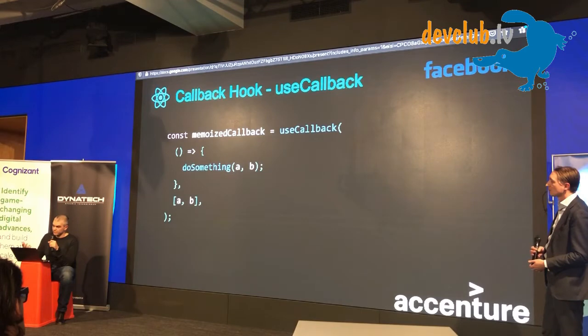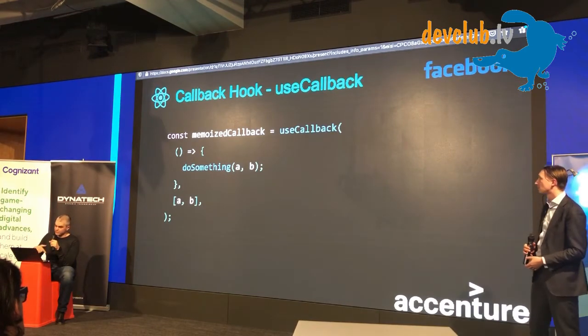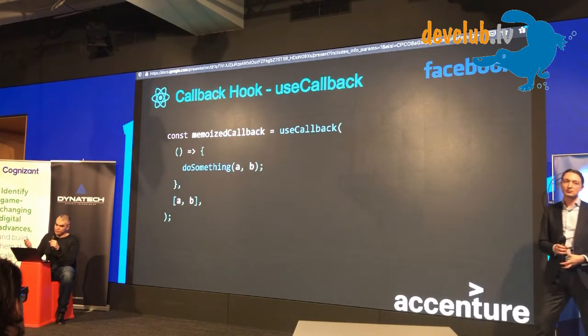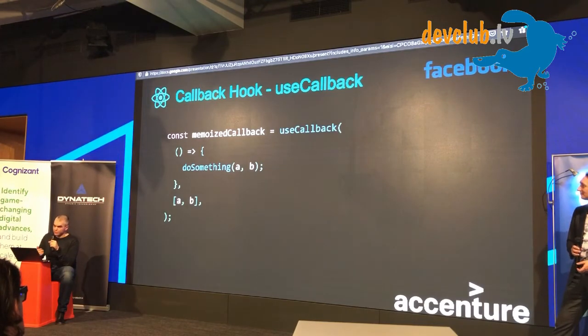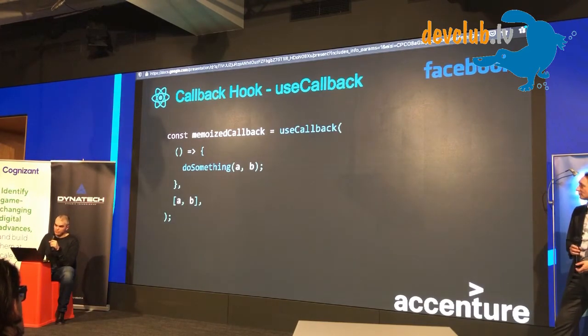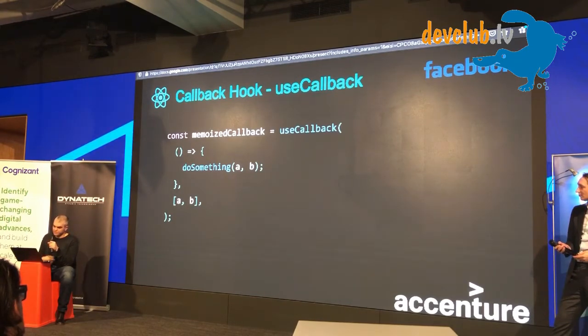And once you try to put this in the DOM, your shadow DOM will try to compare the old link with the new one, and it will be different because comparison of any kind of objects uses links. And this piece of your DOM will be rendered,